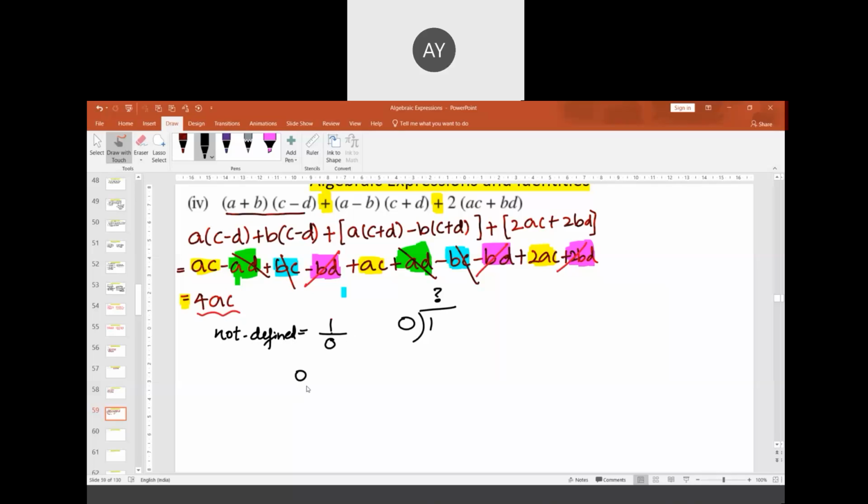If there is 0 by 0, here it can be 0, it can be 1, it can be 2. We don't know which number to write here. It can be any number. In such cases, we use the word infinity because infinitely many answers are possible for this.